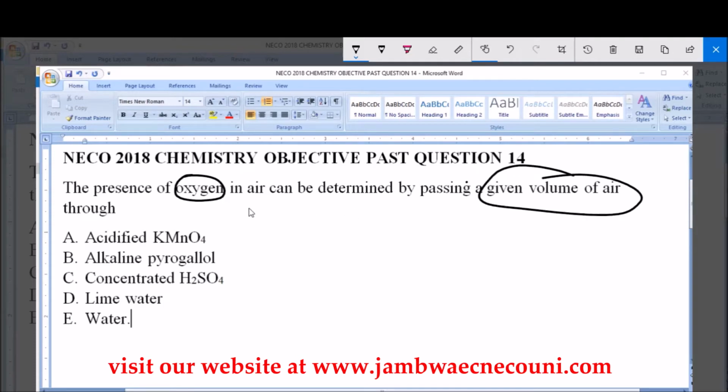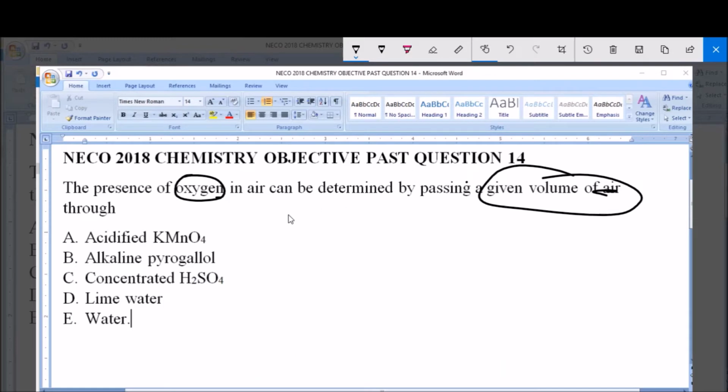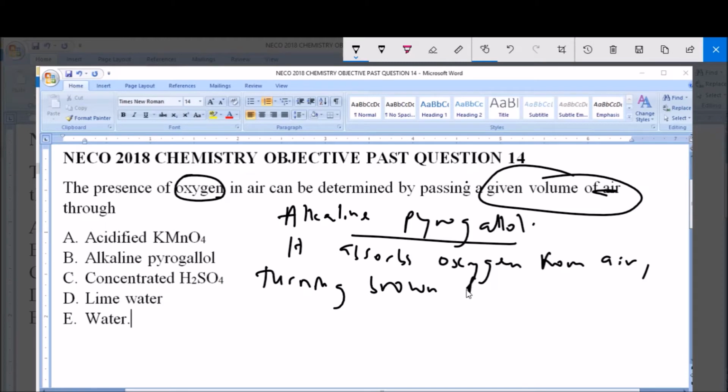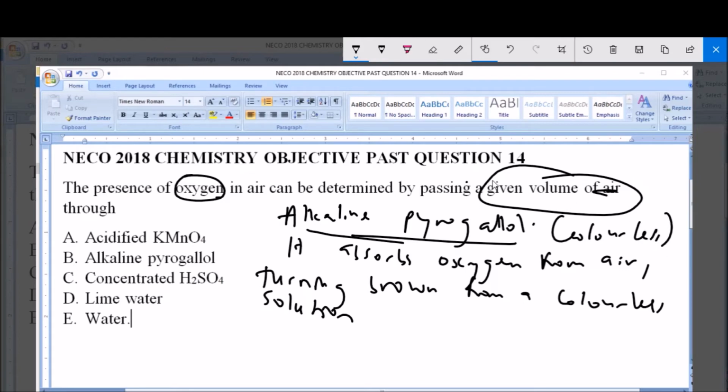How can you detect oxygen in air? So the test for this usually is done using alkaline pyrogalol. Alkaline pyrogalol is used for this experiment, and how it works is that it absorbs oxygen from air, turning brown from a colorless solution. So what happens is that alkaline pyrogalol is usually colorless, but when you pass a volume of air containing